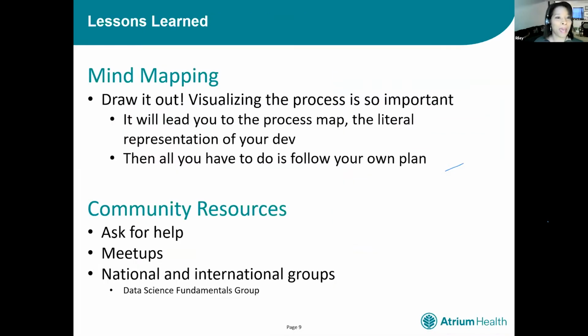So, mind mapping. This was one of the lessons learned. At the very beginning, we had to mind map. We had to draw it out. I have so many blackboards, and each one serves a purpose. I have one for my example and Xamarin. I have one for Flutter, and I also have one for my PowerApps, and I also have 3 for my